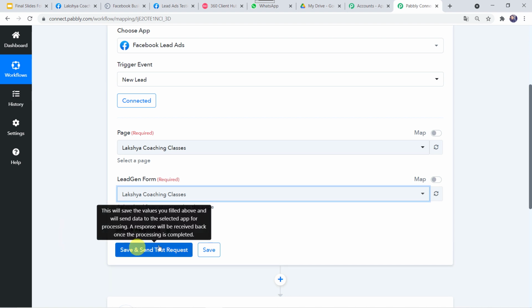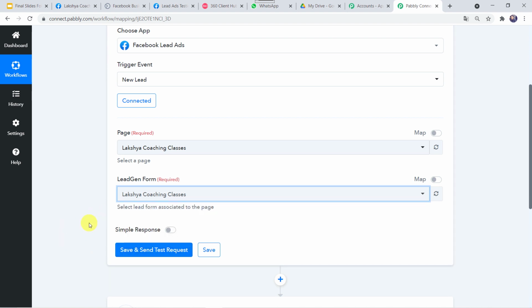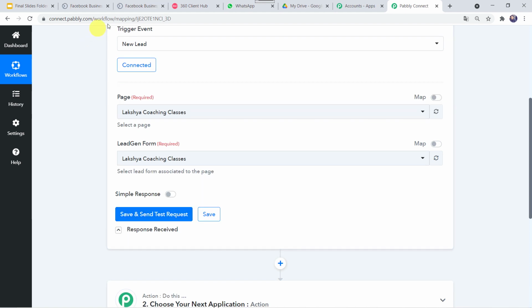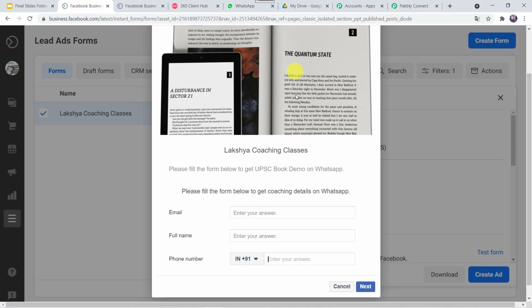Now before clicking on save and send test request, we have to create an entry. We have to fill up a form, because whenever we click on save and send test request, automatically the recent response is going to be collected. For that, I'll just go to the lead ad form, and here I'll create an entry on the name of Shikha Arya, with the email 25@gmail.com.